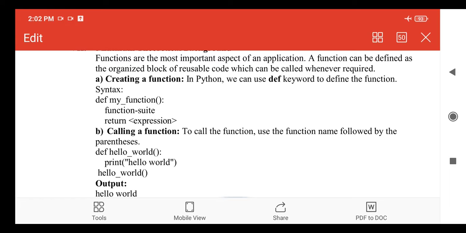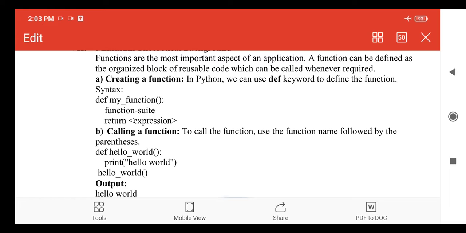Then give a colon, and after that you can write the executable statements which are required to perform the operation. After that you can write a return keyword, or return statement. If your function is going to return something, then you have to write an expression. If it's not going to return anything, just write return.